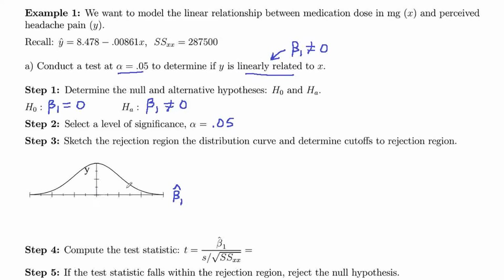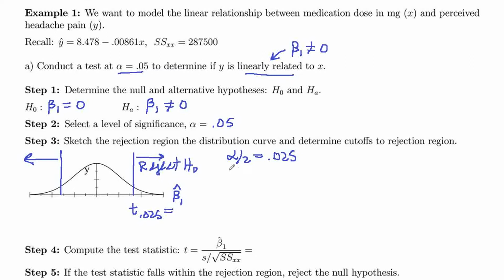So we are doing a two-tailed test, so there are going to be two rejection regions here, one on the right and one on the left. And then our t sub alpha over 2. So alpha is 0.05, so alpha over 2 is 0.025. And then this t alpha over 2, which is t.025, is going to be equal to,